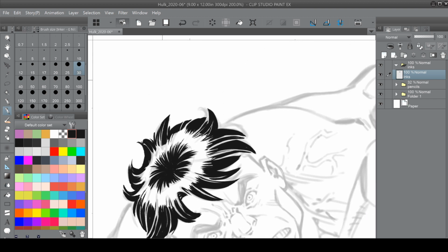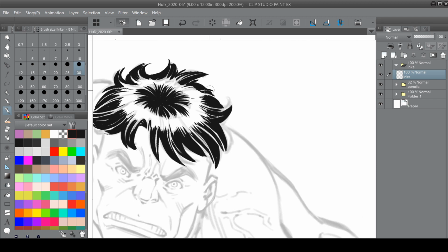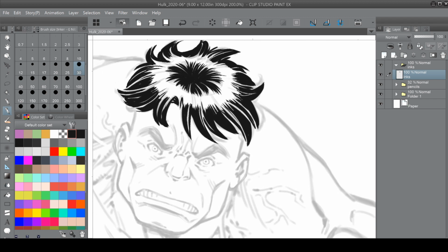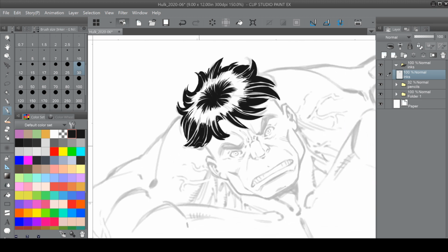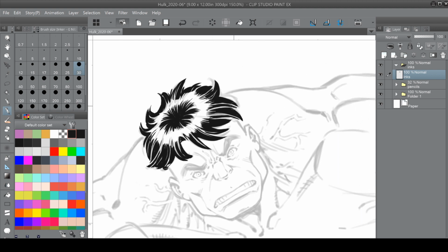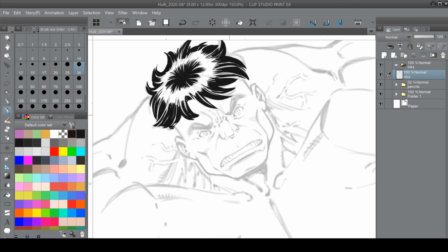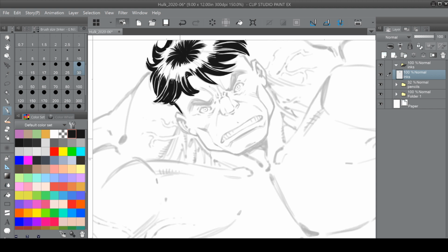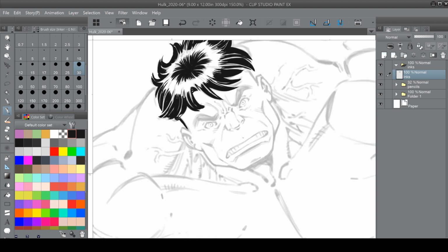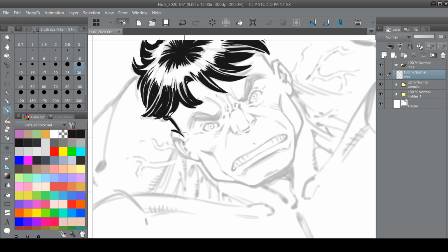Because when we are drawing comics, we're not solely drawing a cool pose. We're also, I think, from my experience and my opinion, bringing these characters to life. And these characters have personalities. These characters act, you know? We're making them act on the page. So I want to keep that in mind. I don't want to draw the character in a way that is not the way they would act, you know? That would not be consistent with the character's personality or values